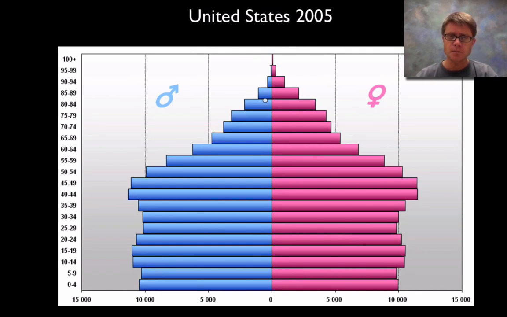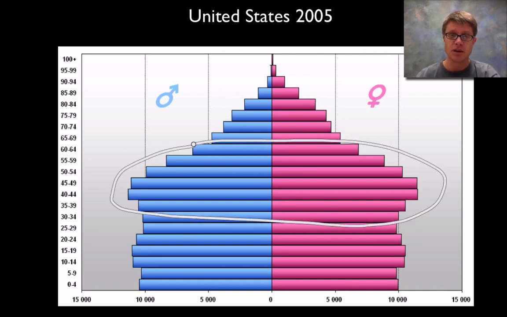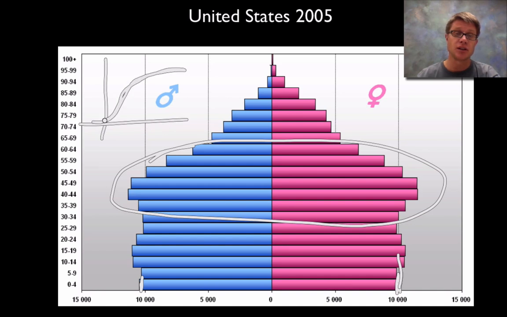And so we have a lot of people that are older, but we also have this bubble right here in the middle. Those would be the baby boomers, if you know anything about the history in the United States. And then it's kind of dropped off here at the bottom. And so as it drops off at the bottom, that means, since it's pretty flat going across, this is a population that's going to go logistic, so it's approaching logistic.